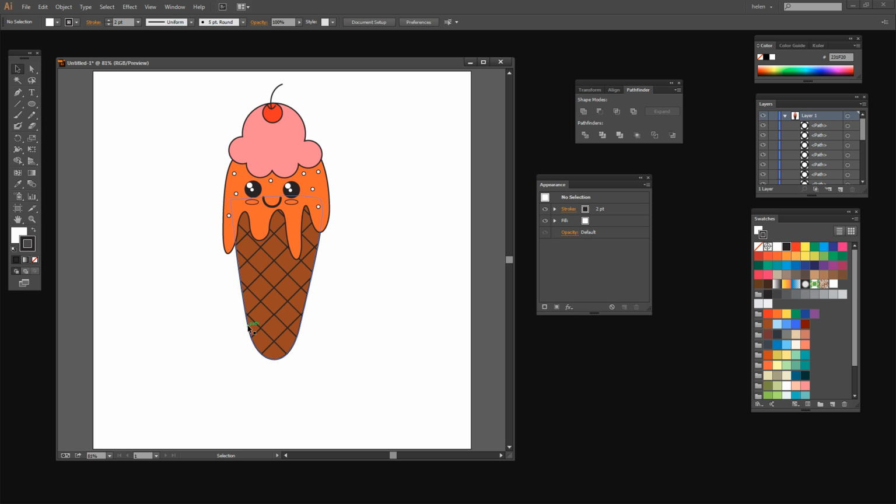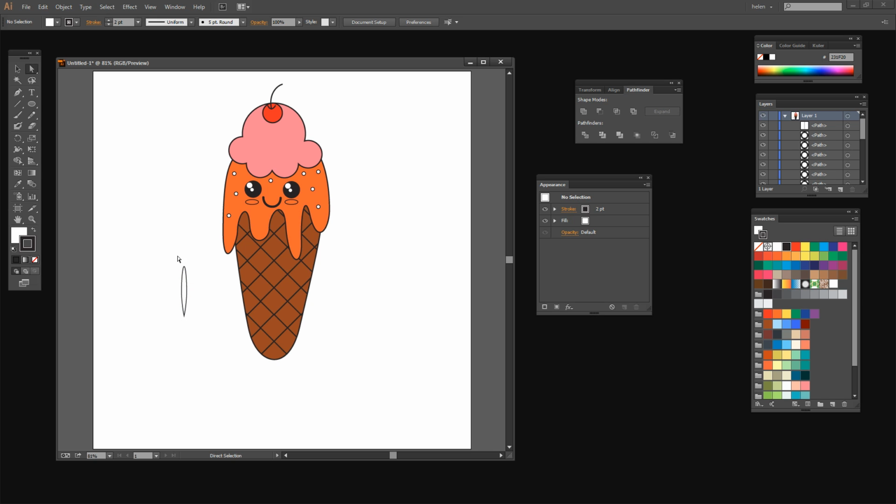It's also possible to add a little bit of highlighting down on top of the cone, and you could do that again using the ellipse tool and again using these same settings. So I'm just going to drag downwards here to assemble the piece away from the shape. It's just a long, very narrow ellipse. Now I can go with the direct selection tool and just click on one end of this ellipse and then click up here on the convert selected anchor points to corner, and that just makes this end a point instead